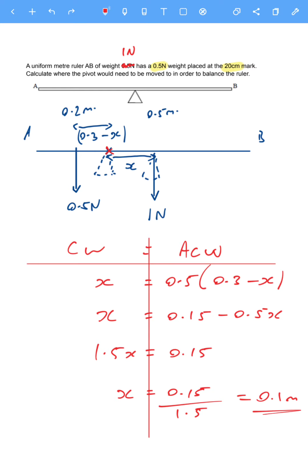If you said that, that's fine. The question is a little bit ambiguous though, because it says calculate where the pivot would need to be moved. If you said I'd moved it 0.1 meters from its original position, then that's completely fine. If you wanted to say where it was located on the ruler in terms of its, like the 10 centimeters, 20 centimeters, etc., then if it started at 50 centimeters and then was moved left 0.1 meters, then its actual final position would be at 0.4 meters or 40 centimeters. So either or, if you got that,